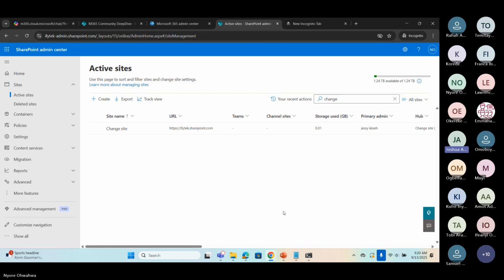Okay. This has to do with subscription. I don't know if you can take that or if you have to refer him to one of the videos. So the question is, does storage have a limit based on the subscription, or can it be determined by an admin? So what he's trying to say is, is there a limit to the storage of a site, or can site storage be determined by an admin?